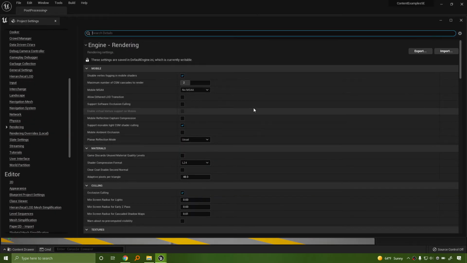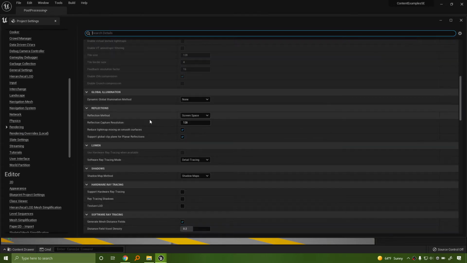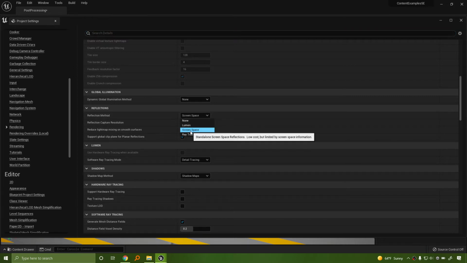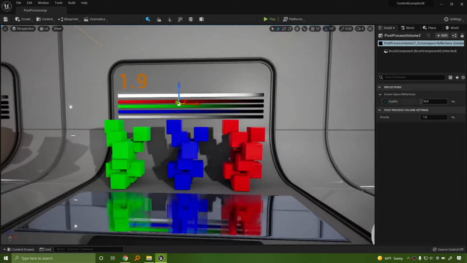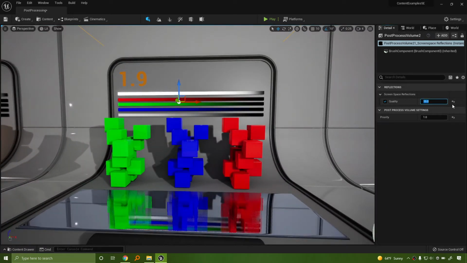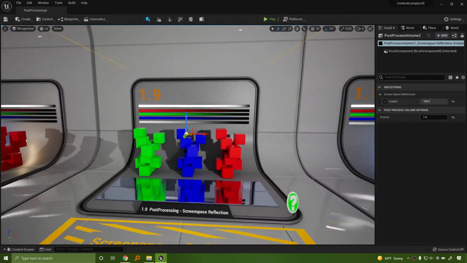There it is, I always lose it. Mouse is a little too fast. And we'll see that my reflection method is set for screen space. If yours is set for Lumen, then the screen space setting is not going to work in the post-process volume. However, the post-process volume does have some final gather differences related to screen space that, let me put that back to default, might give you something that you would like a little bit more in